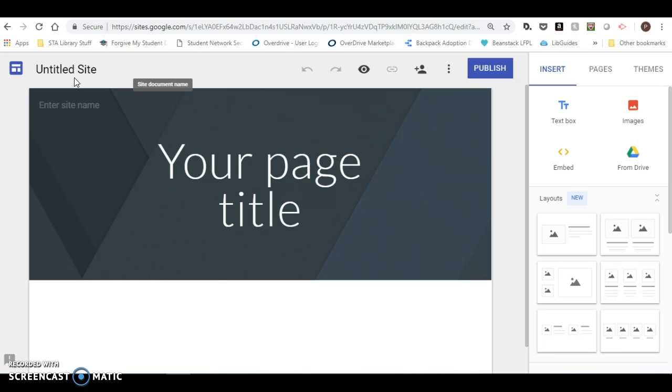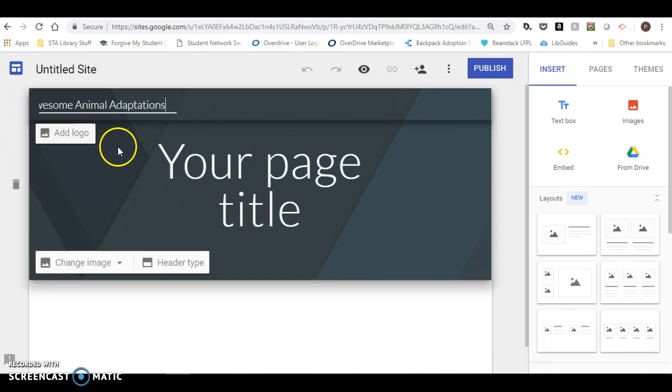So the first thing you want to do is name your sites. Each of you has been assigned either plant or animal, and you are going to be talking about those adaptations. So your name can really be anything. Just as an example, which I hope you'll be creative and come up with your own, we could say awesome animal